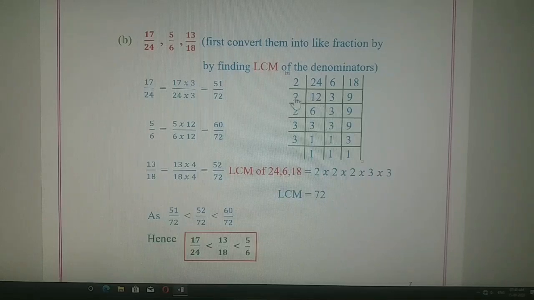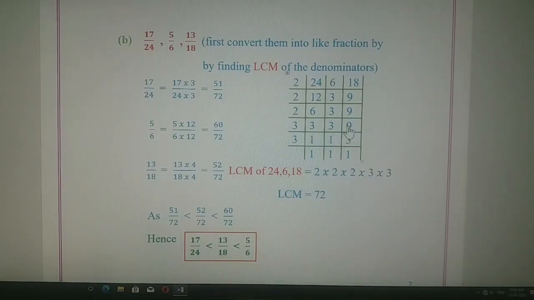While 12 can be divided with 2, so we continue with 2's table. 2 6s are 12, and 3 doesn't come in 2's table, so 3 we have to copy down. 9 doesn't come in 2's table, so 9 we have to copy down. Now this 6 can be further divided by 2. So again we continue using 2's table. 2 3s are 6, but 3 doesn't come in 2's table, so this 3 is copied down, and 9 also has to be copied down. So 3, 3 and 9. Now here 2's table cannot be used.